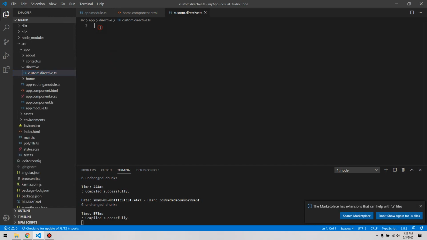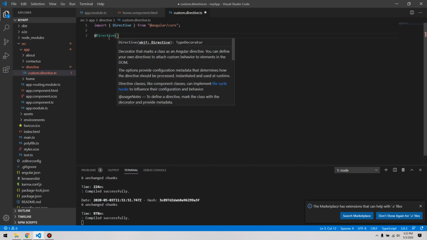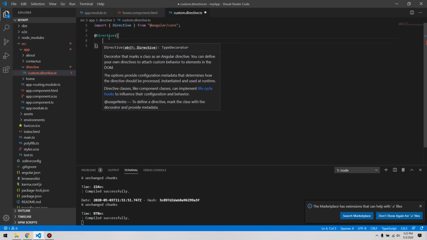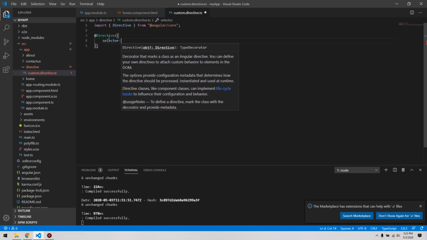Now we'll use the Directive decorator. It's easy to create manually, or you can also create it using a CLI command. Okay, for the selector we can give the name of the selector.